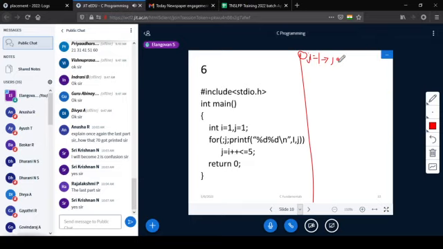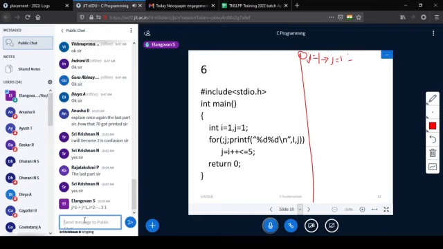Let me type here: j is 1 and i is 2. Is that fine? So the answer is 2 1 got printed. This is the first iteration. j is 1, j becomes 1, i becomes 2, 2 and 1 got printed.